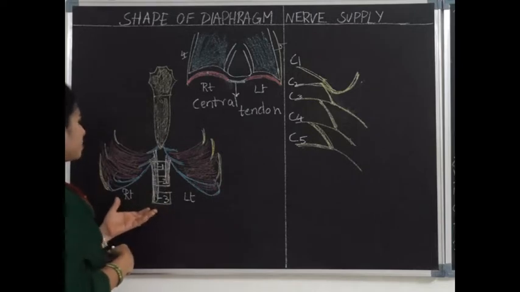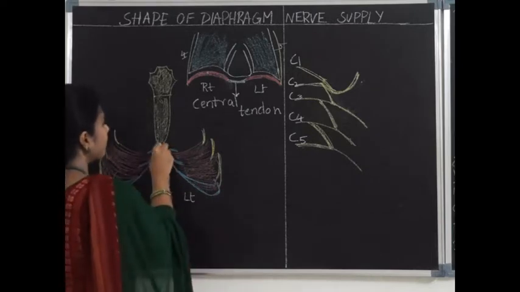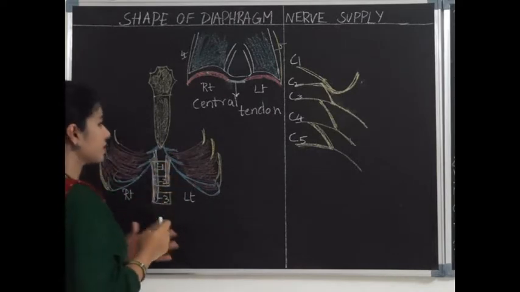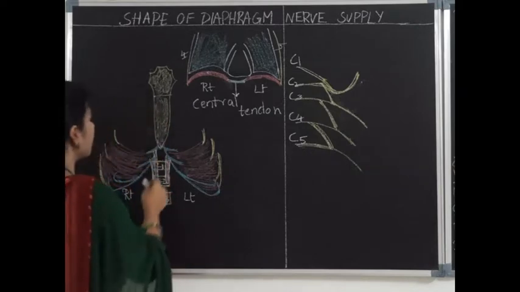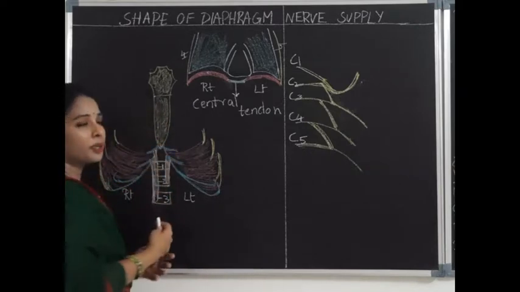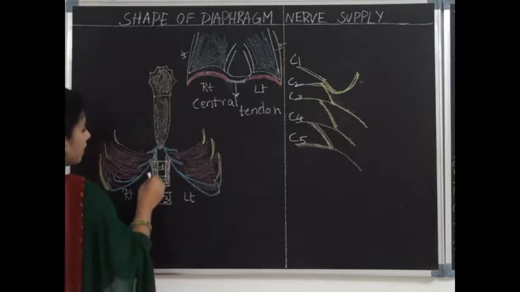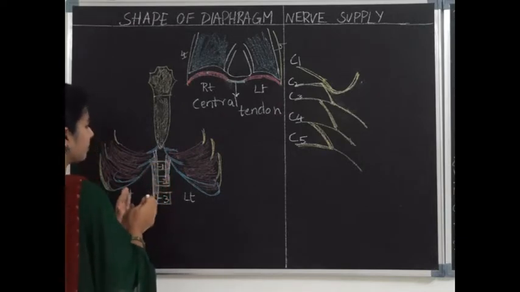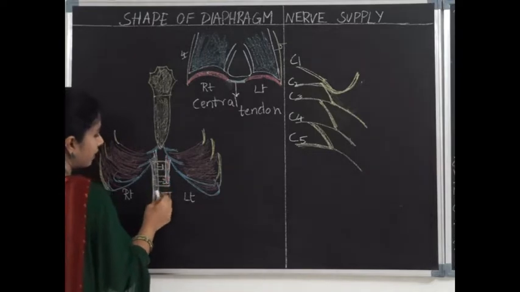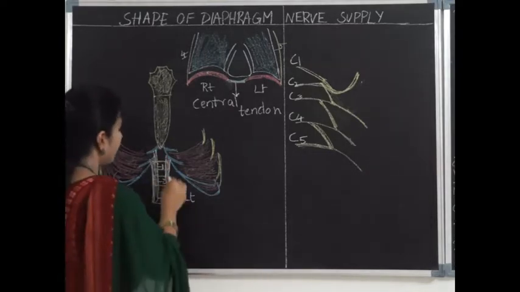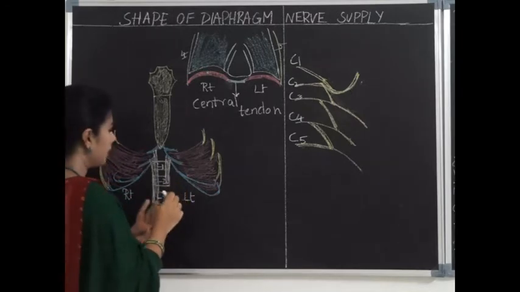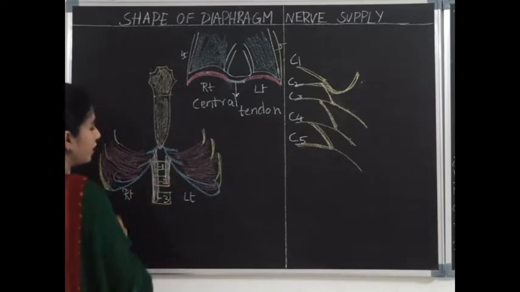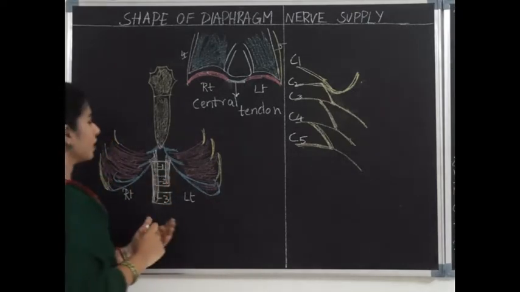The diaphragm gets origin from three sources: anteriorly from the sternum, posteriorly from the vertebrae, and on either side from the ribs, which is called the costal origin. From the sternum, it arises from the lower tip, the xiphoid process, and posteriorly from the lumbar vertebrae. The right crus is thicker and arises from L1, L2, L3 along with the intervertebral disc. The left crus is thin and less fleshy compared to the right, and arises from L1, L2 along with the intervertebral disc. So we shall talk in detail about the origin.